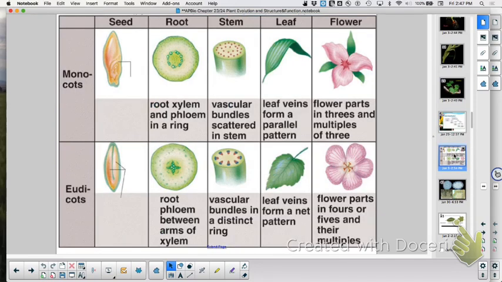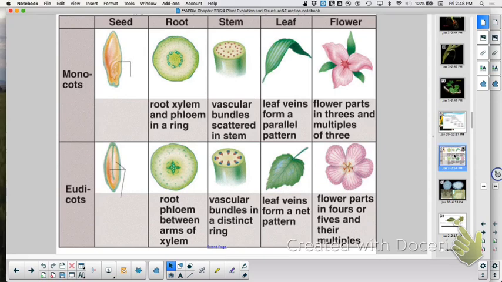You have charts that differentiate between monocots and eudicots. I'd be comfortable to recognize and identify it primarily by seed leaves. So is it solid, or does it have two seed leaves, like a bean has two halves? Know how they look characteristically, the vascular tissue in the roots and the stem. Scattered vascular bundles in a monocot; very organized vascular bundles around vascular cambium, xylem to the inside, phloem to the outside. The leaf patterns are an easy way to differentiate. Anything other than parallel, can be pinnate, palmate venation, is going to be a eudicot.